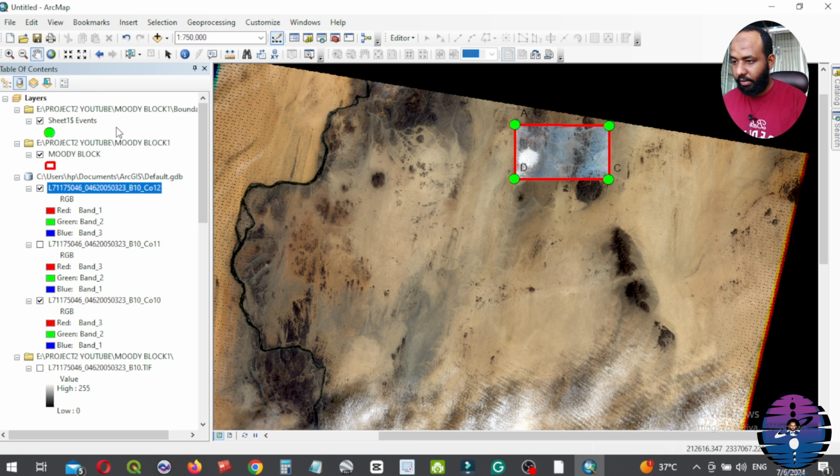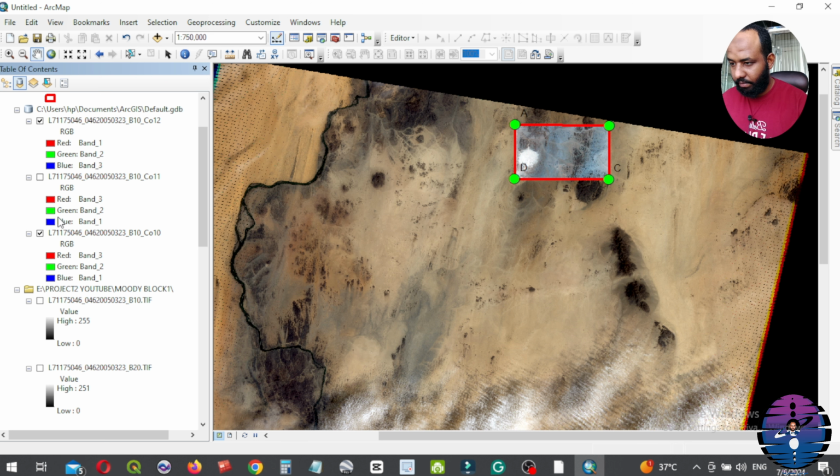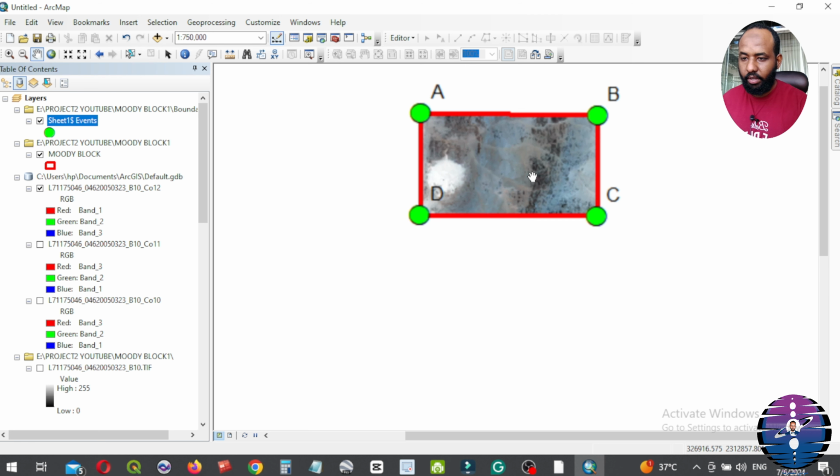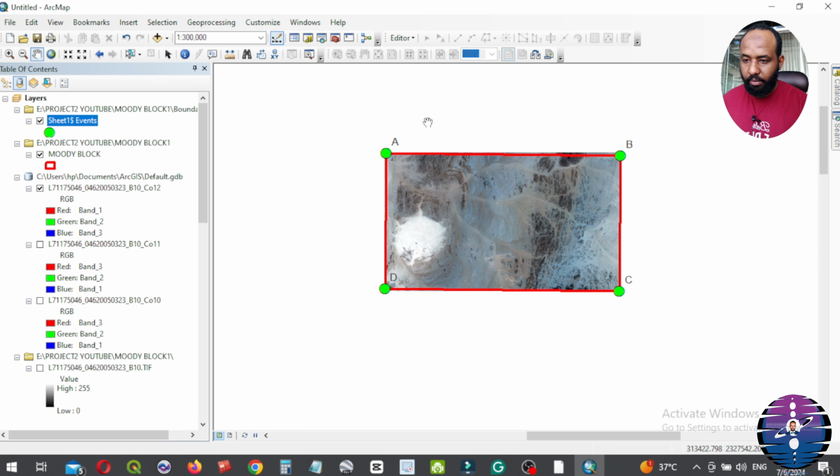After clip process completed, from the table of contents, we deactivate all layers except map of study area. Now this is our block.